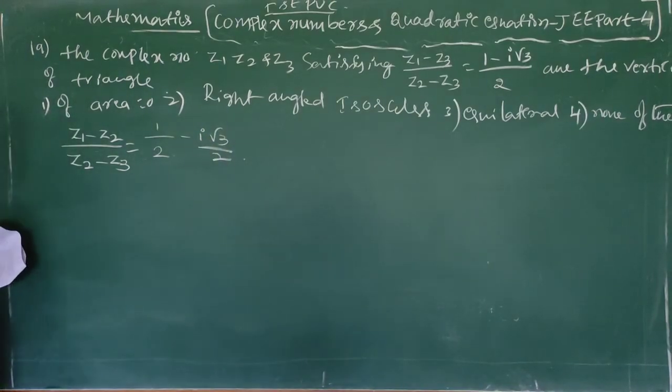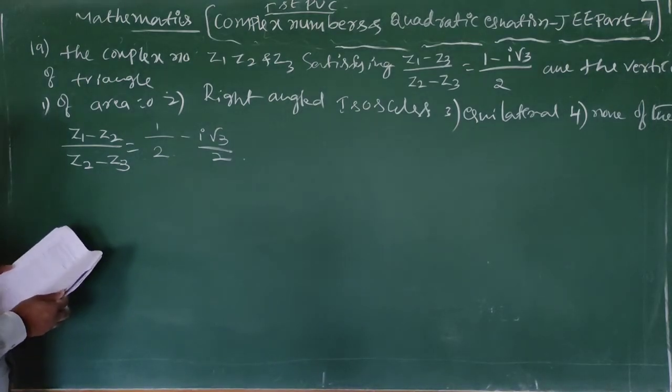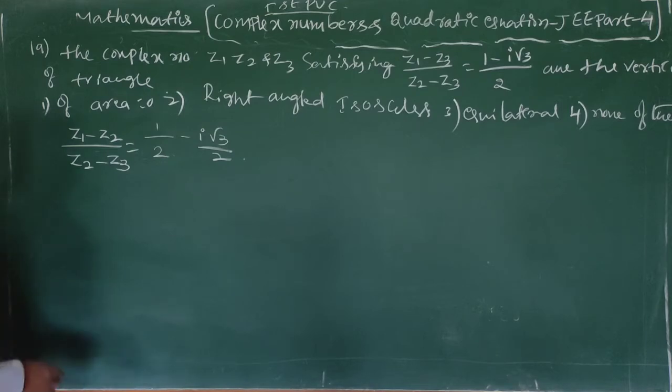Okay. So that is (z1 minus z3) divided by (z2 minus z3) is equal to 1 by 2 minus i root 3 by 2. Okay. So now the amplitude